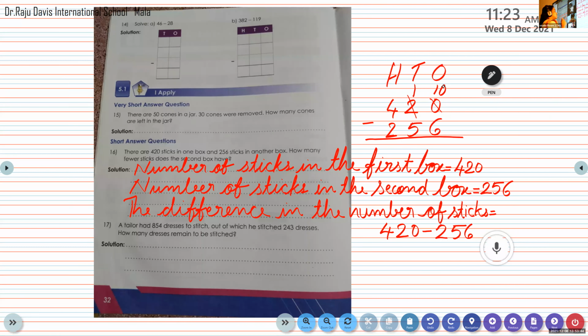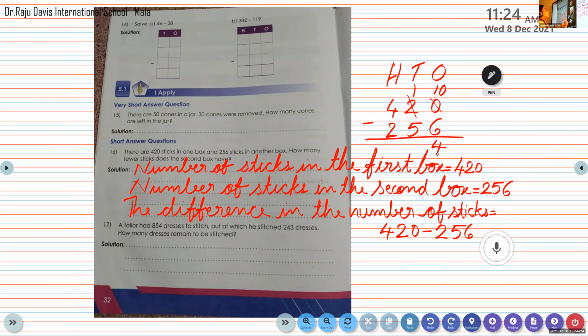Please subtract 10 minus 6. 10 minus 6 is 4. Okay. Then all of you check here in the tens place. Again we will be stuck for some time because in the tens place the numbers are again 1 minus 5. Is it possible to subtract 1 minus 5? No. So here again we have to regroup.